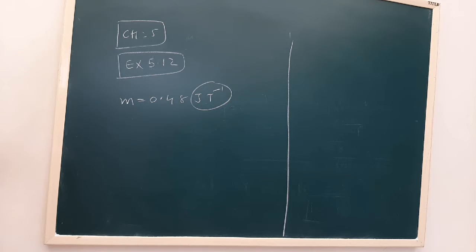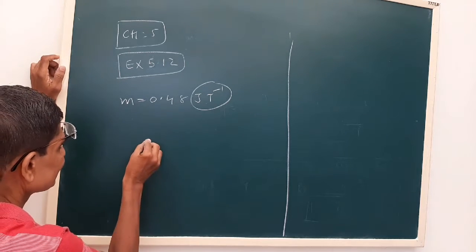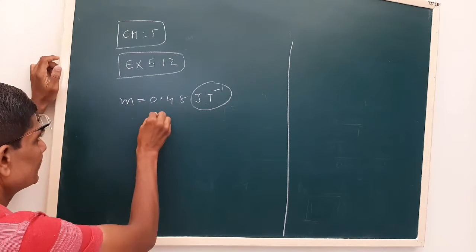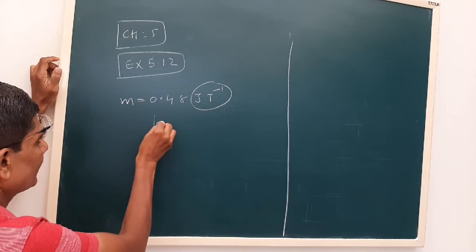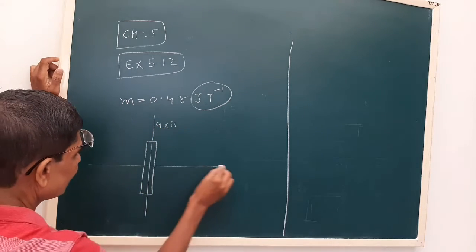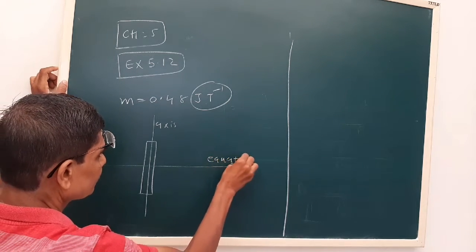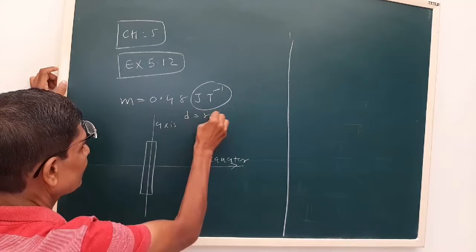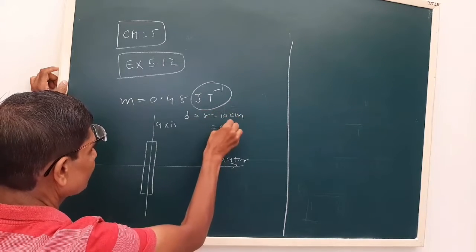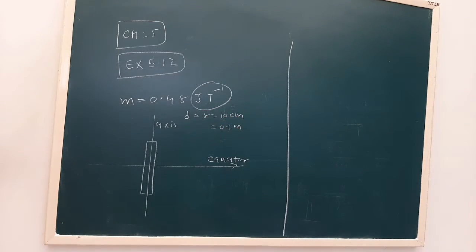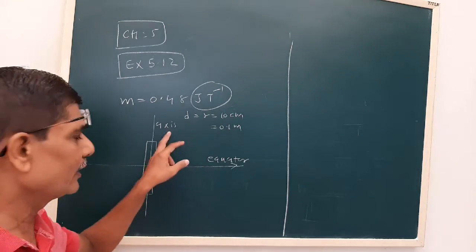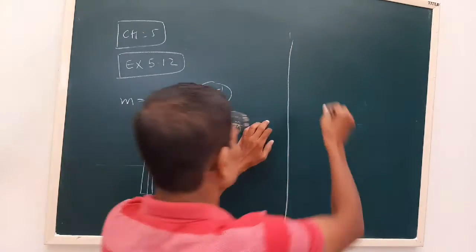Okay, give the direction of the magnetic field that is produced by the magnet at a distance of 10 centimeter on the axis and equator. Now let us say this is a short bar magnet. This line is called the axis, and this line, which is the perpendicular bisector, is called the equator. Now the distance is given as 10 centimeter or 0.1 meter. First you have to find the value of the magnetic field at a point on the axis of the bar magnet.